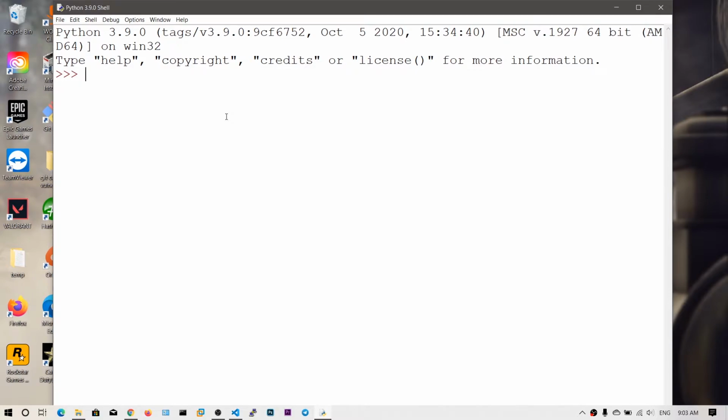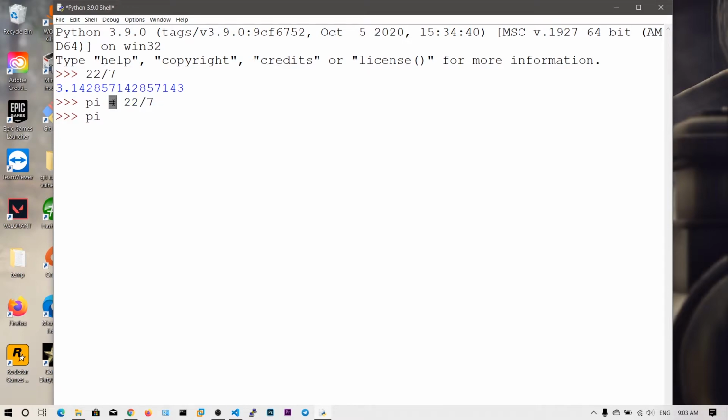So again, first let me show you a scenario why we need variables. We all know 22 divided by 7, right? That is pi. This is the division operator, and if you type 22 by 7 and hit enter, you will get the value of this pi. So what I can do is I can just say pi is equal to 22 by 7.